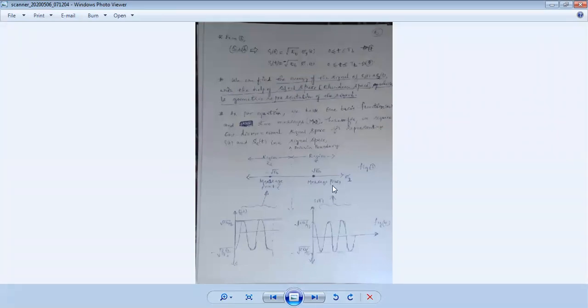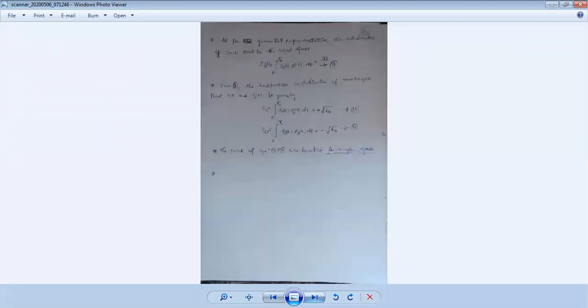The message point 1 is the square root of EB, which represents S1(t), the signal for 1 to be transmitted from the digital transmitter. In a similar manner, S2 represents the signal in anti-phase with respect to S1, which represents the 0, at minus square root of EB. This is message point 2. So look at region 2 and region 1, where the signal is assigned as per the phase. Next, as per the geometric representation.